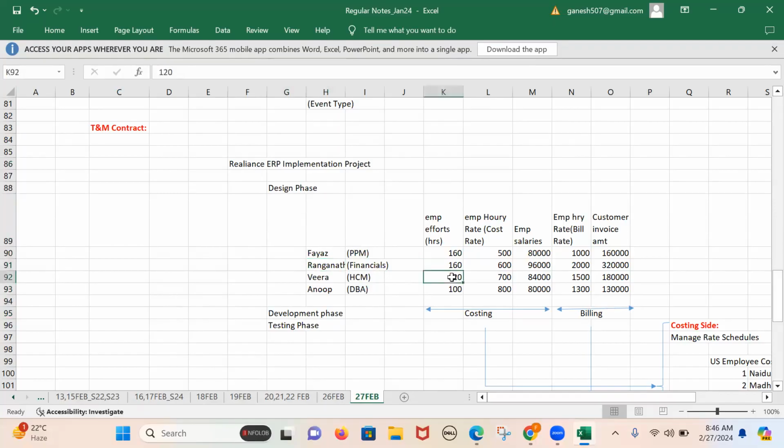for Ranganath, 120 hours for Veera, and 100 hours for Anup. So these are the cost rates. The company is going to fix these hourly cost rates for every employee based on your packages. Based on the Fayaz package, the company has fixed